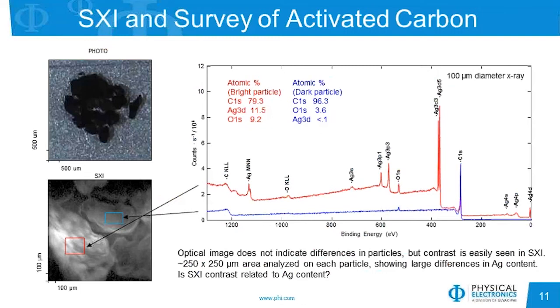In this example, we are investigating a group of carbon granules, and we have first collected a photo from our intro chamber of the XPS system, shown in the top left. And you can see this clump of granules that are fairly uniform in their dark color, so nothing really sticks out right away. However, in the bottom left image, there is an SXI that we have collected, and we can